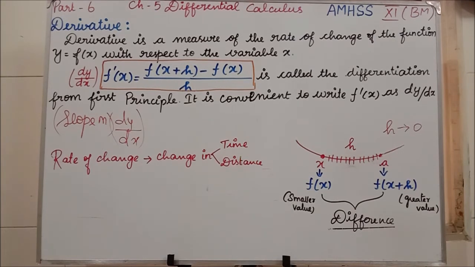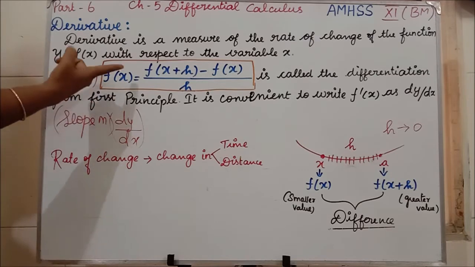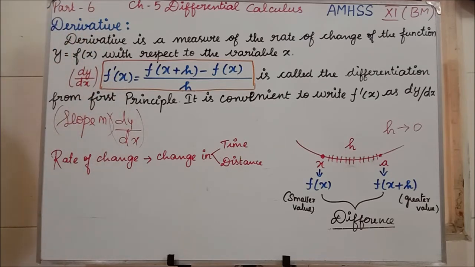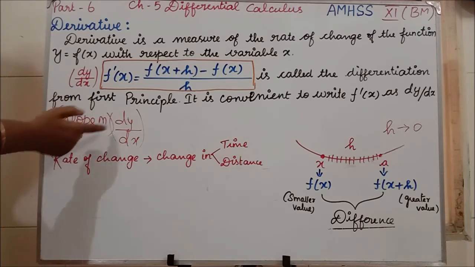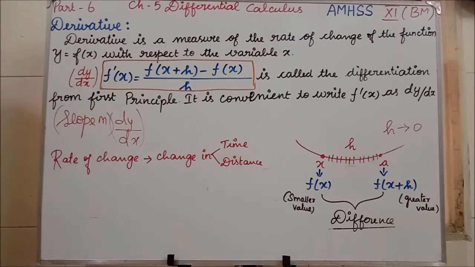See, before this expression, what I have written is f dash of x. F dash of x is nothing but dy by dx. You can write either f dash of x or else you can write dy by dx. Clear? So, dy by dx represents slope. In 10th standard in coordinate geometry you have learned the concept of slope, isn't it? So, dy by dx is called the slope. Clear, students? Clear about this formula?